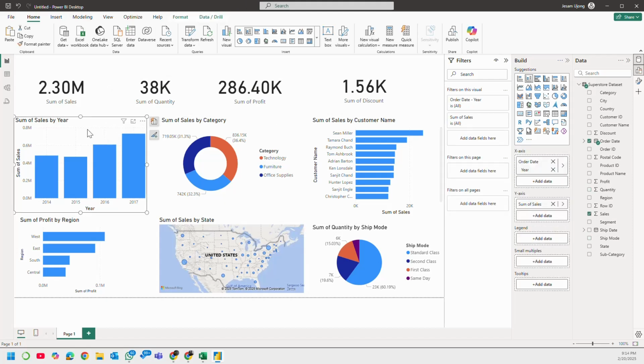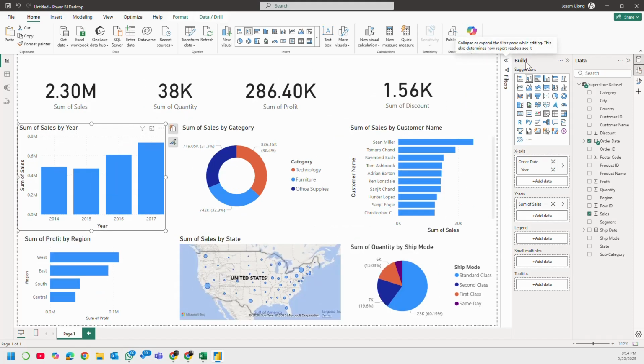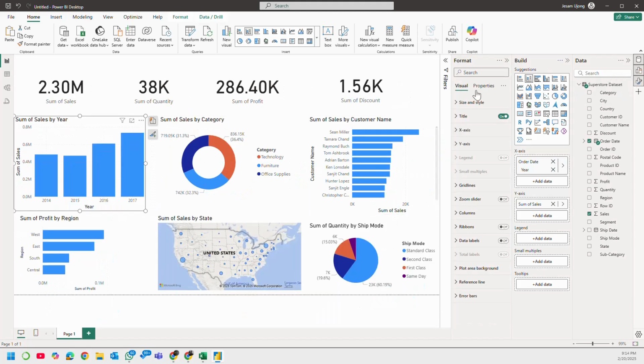So for this, when it comes to editing, like formatting them, you go to this other icon called format. So I click on format and I see a whole lot. Initially it's going to get really confusing, but I assure you, you'll get a hang of it. You'll understand. So build is where you have the visuals. Data shows your tables, and then you have formats where you get to customize each of them. For example,